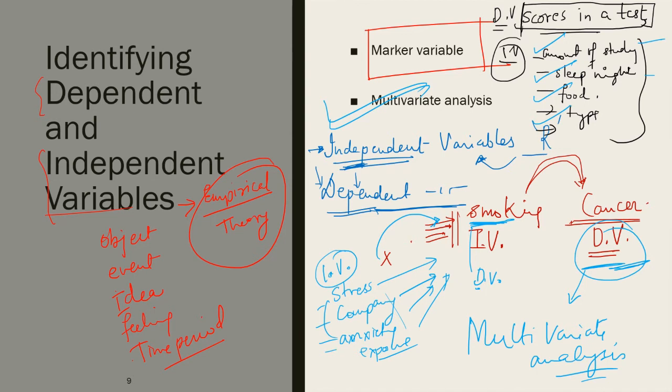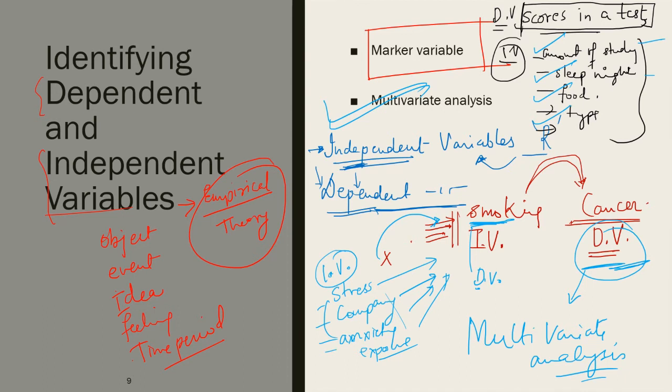It may also depend upon the company, anxiety or exposure, etc. Now it becomes a dependent variable. All right. So also in a research study, the relationship of more than one independent variable to one dependent variable can be studied or examined. In most of the cases, many dependent variables are measured in the same research,